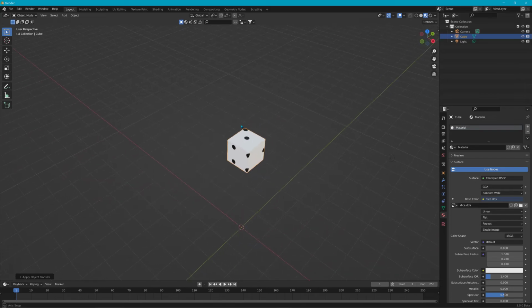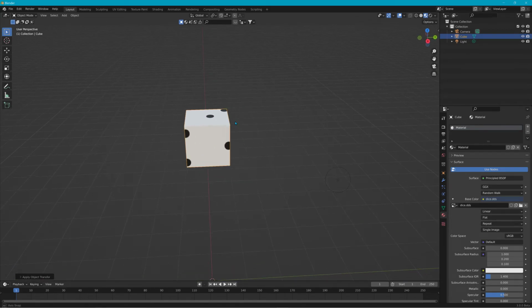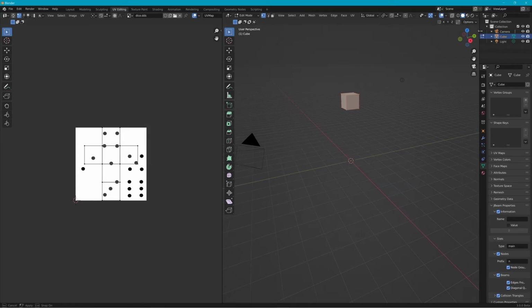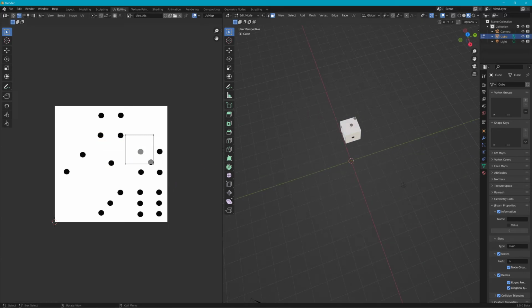Which it's not lined up. Oh wait, some damn messed up dice. So we'll go to the UV editor and we'll see where our dice UVs are, and we can adjust them. So what we do is we pick a side and we just move it. So this would be the 1, and we pick that one, that would be the 4,